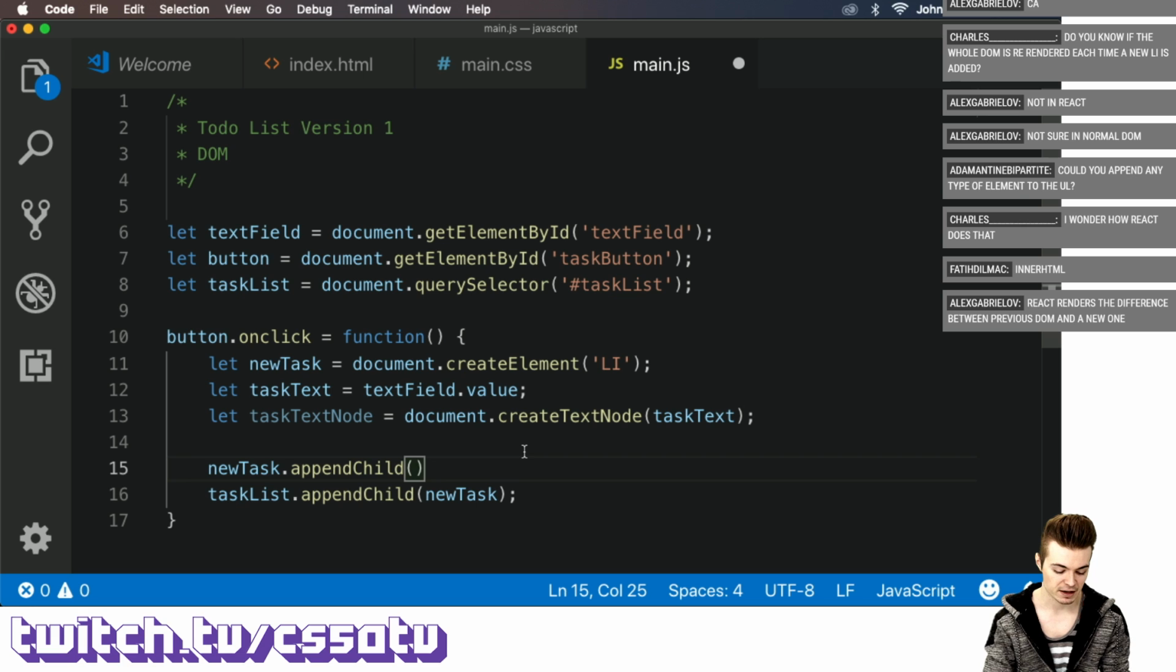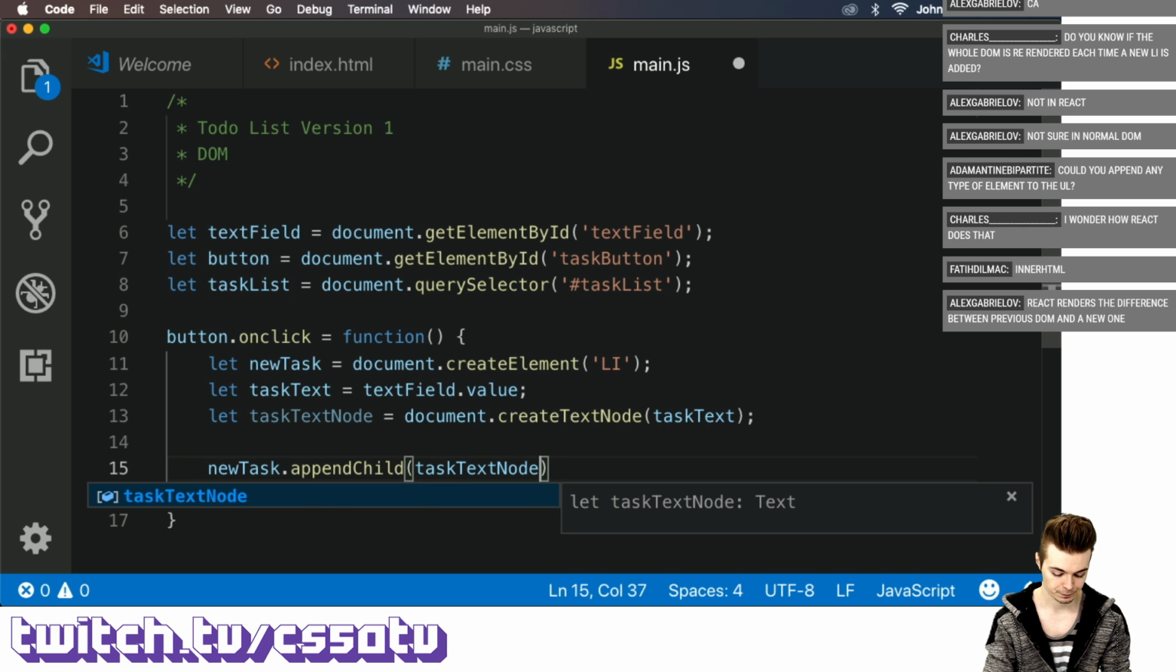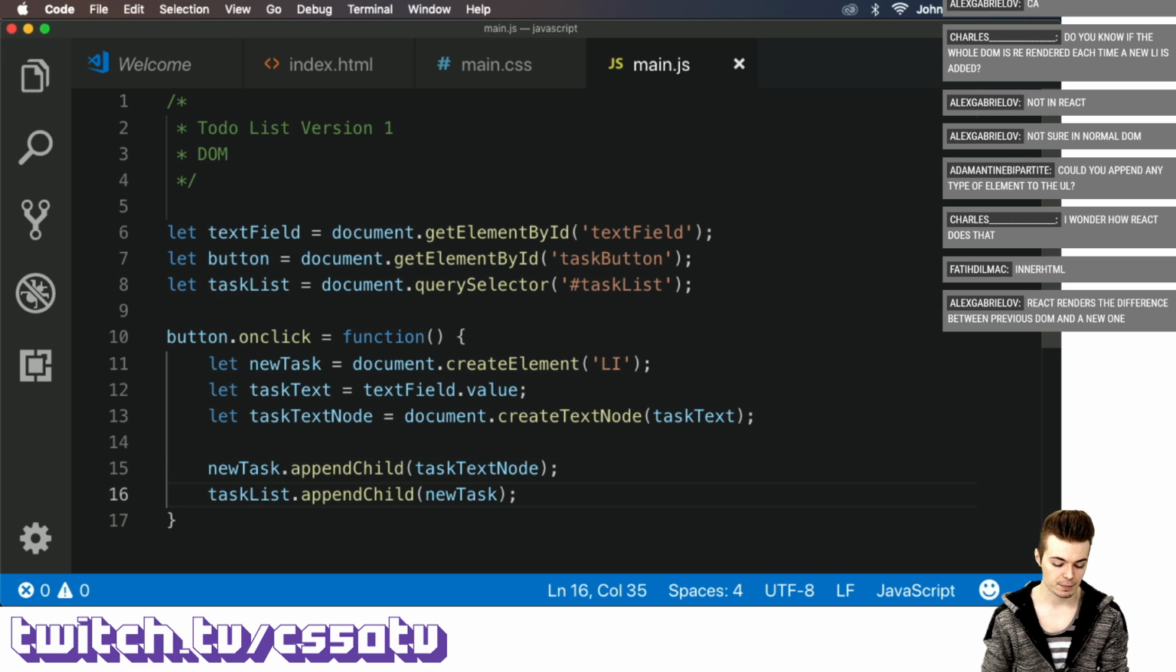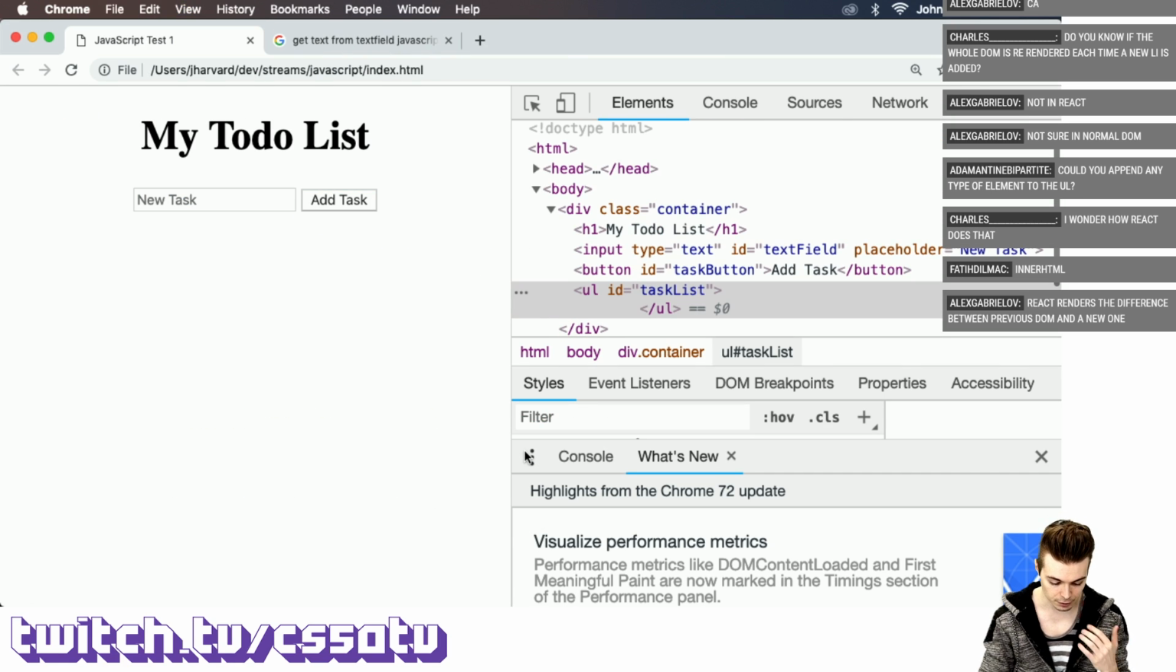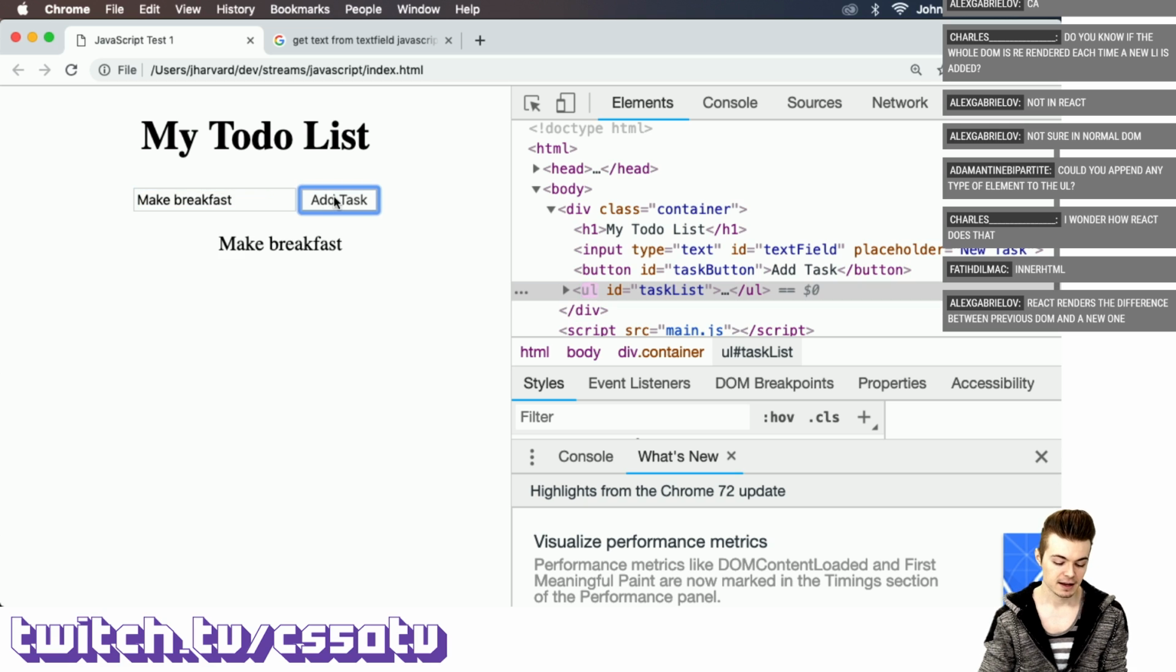So we'll say append child of our task text node, right? Just like that. And then we can just add the task itself to the li, which has inside of itself the task text. And if I go back here and I refresh this, if all goes well, I should be able to say make breakfast, add text, and indeed now we have in our to-do list a make breakfast task